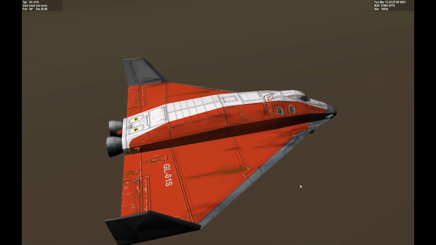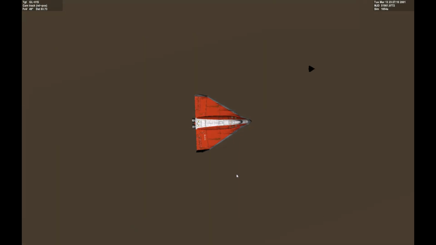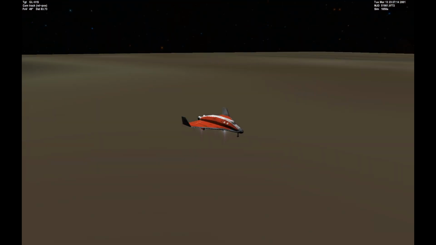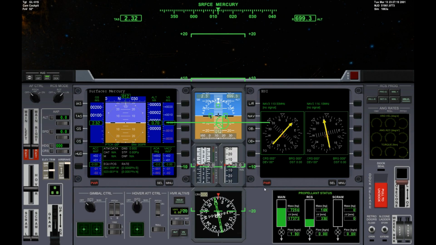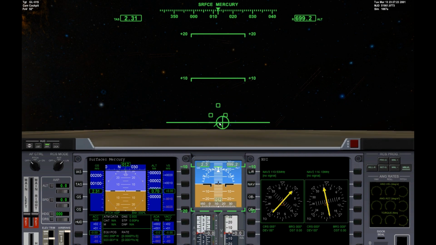Okay, so what's going on? We're in a hover right now, but we're also in a drift. So we're moving across the surface at about 7 miles an hour directly overhead, kind of like a helicopter that's almost hovering but is kind of drifting forward. So what we're going to have to do is kill off this speed. You need to do this to center over a pad. But before I